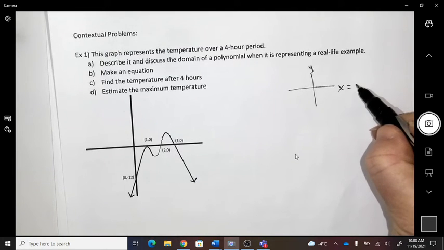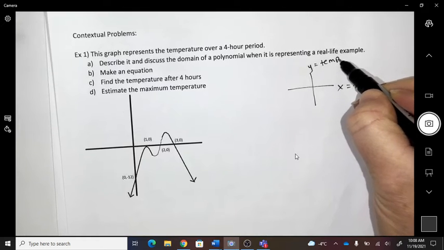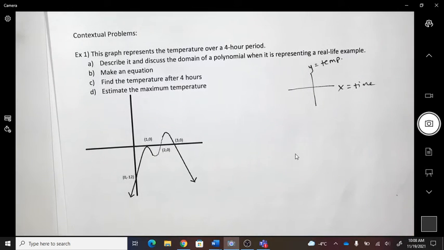X would be the, which one? Time or temperature, do you think? Time, and y would be the temp. Okay,